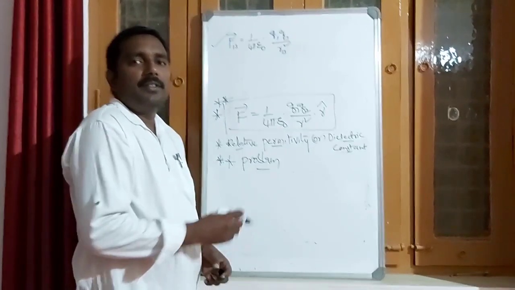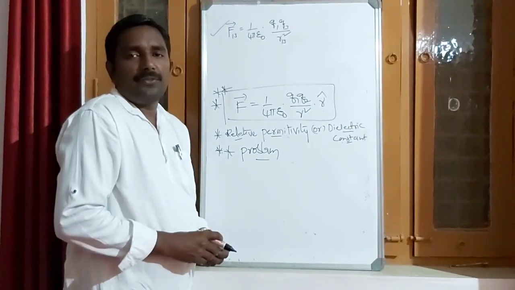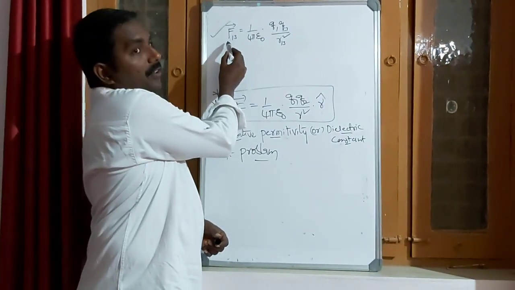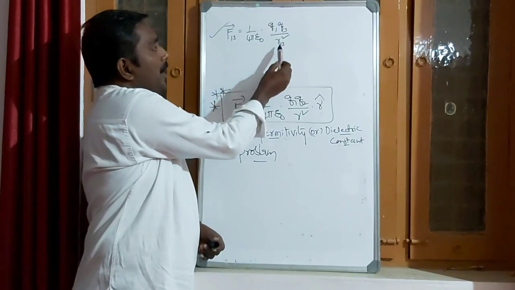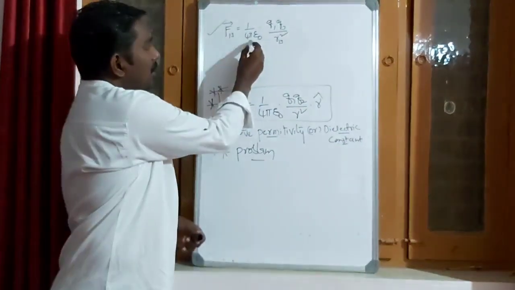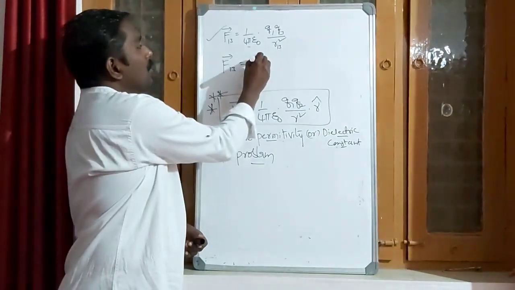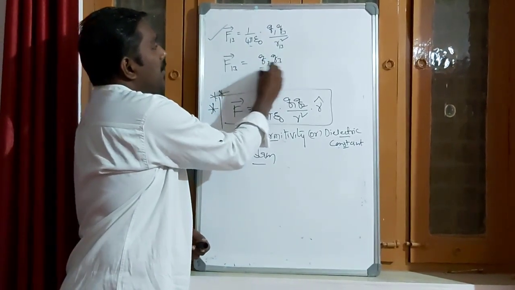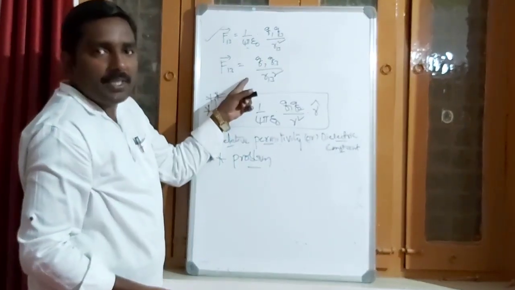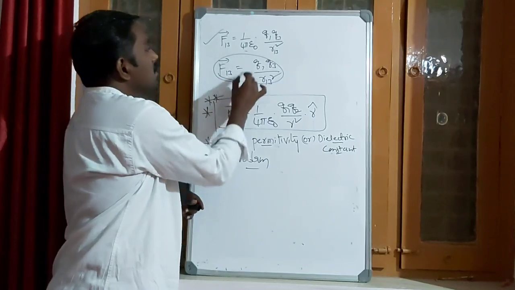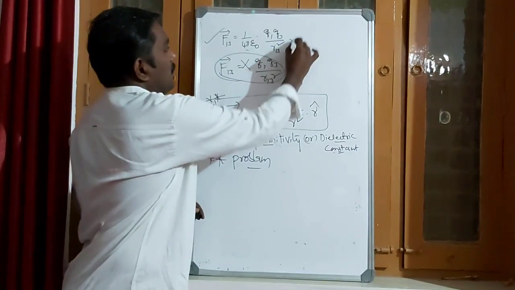Okay, students. In this session, a small mistake is there. In the principle of superposition of forces, F13 is equal to 1 over 4 pi epsilon naught Q1 Q3 by R13 square, this is the correct one. But I wrote F13 vector is equal to Q1 Q3 divided by R13 square. So the term 1 over 4 pi epsilon naught is missing in this case. So this is wrong. Just watch it. So this is the correct one.